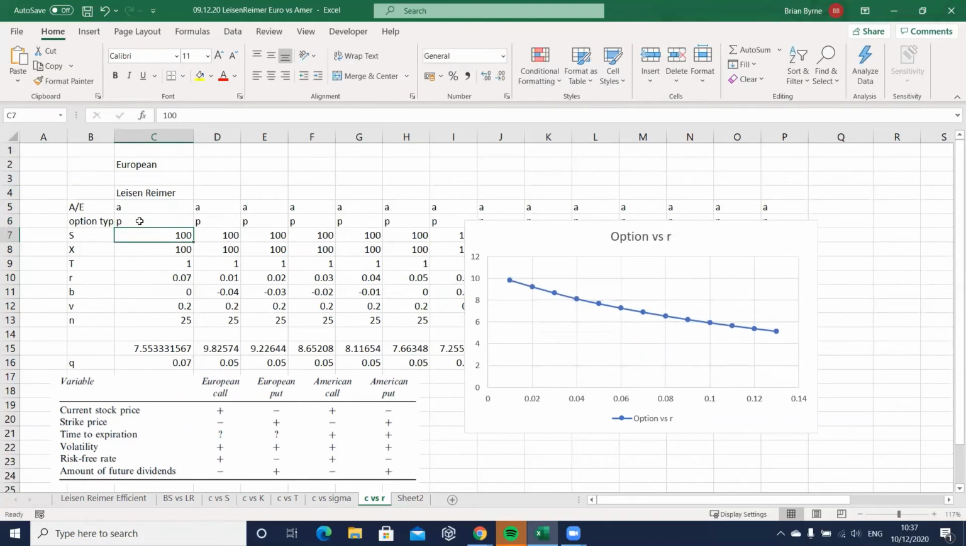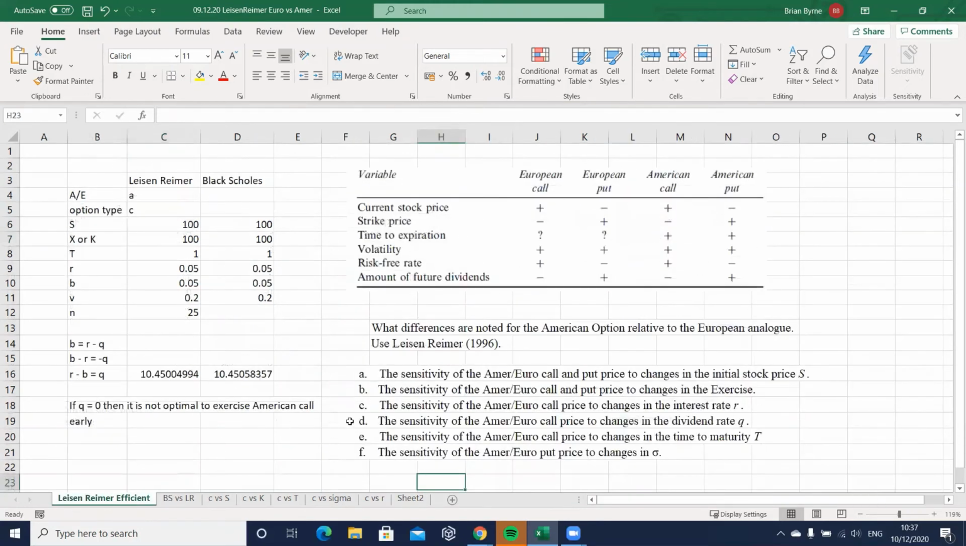And we get the same overall effect, right? Okay, so that's the option value versus the interest rate. Okay, let's now go back and examine what's the effect of changing the dividend,